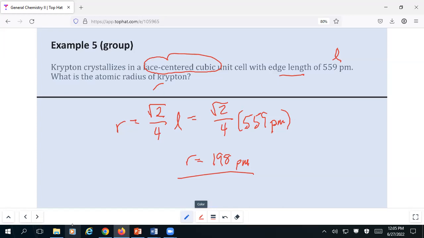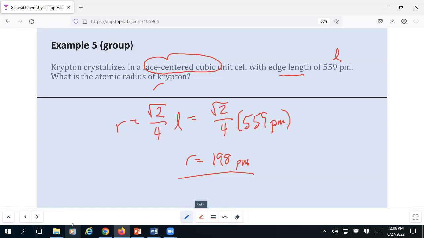So the only reason that you would be doing something like that is either because the problem asks you, what is the atomic radius in meters? And so you take that number and you divide it by 10 to the 12th, and you get 1.98 times 10 to the negative 10th. Or